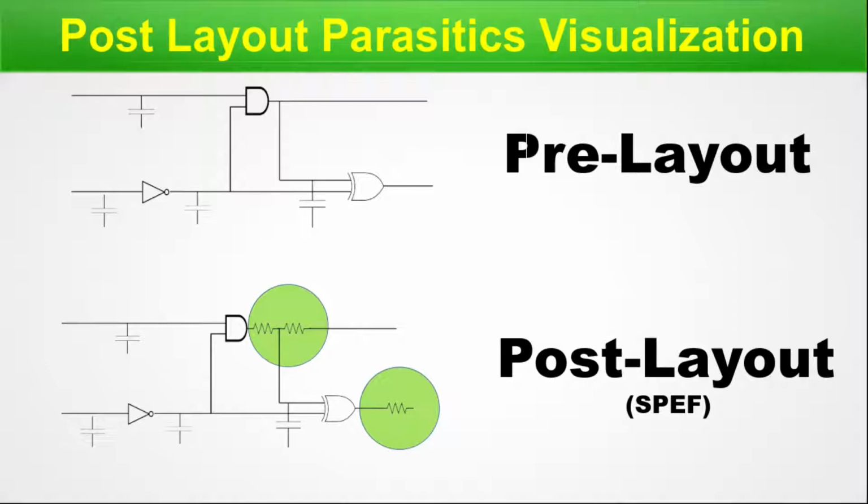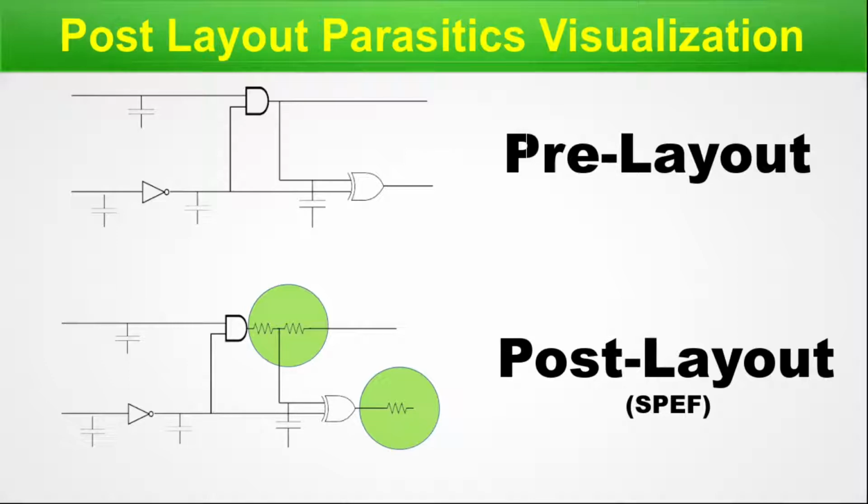Now, you can see that the number of nodes has increased in the circuit. This increment is due to the addition of the parasitics. For simplicity of the diagram, we have not shown the parasitic capacitors. The added nodes are often called subnodes because these expand the existing node into many more new nodes. Another avatar of the SPEF file is SBPF, which is a binary file and hence cannot be read by a human being. This is for the STA tool consumption only. For very large designs, SBPF is useful because of its faster loading time.